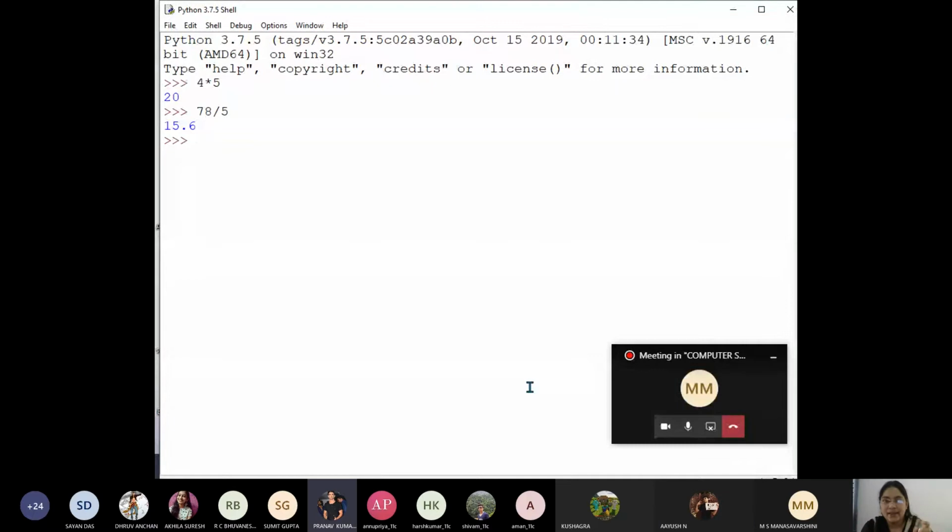So when the result is coming instantaneously, this is interactive mode. Which mode is this? Interactive mode. Very good.